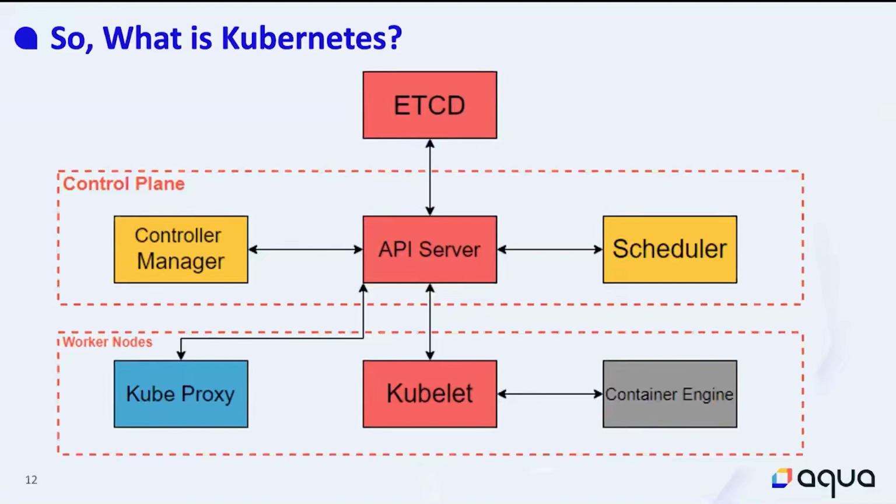And the kubelet is basically responsible for communicating with the container engine that's within Kubernetes. The container engine is there to run containers. It could be, for example, the Docker engine, or it could be containerd or similar. And it's there to run the containers on the worker nodes. It's communicating with the kubelet, and the kubelet is responsible for making sure that the containers are actually spun up. Now, containers are spun up in a resource called a pod. A pod within Kubernetes is the smallest resource that you can have. And within a pod, you usually have one or multiple containers, depending on the use case.